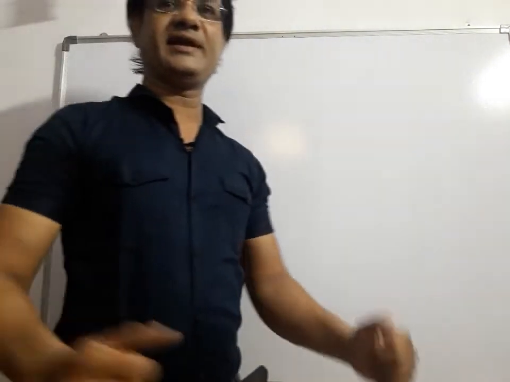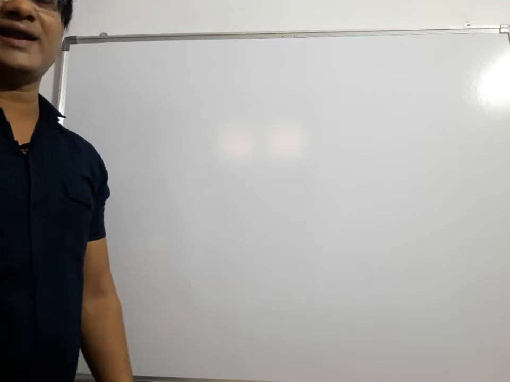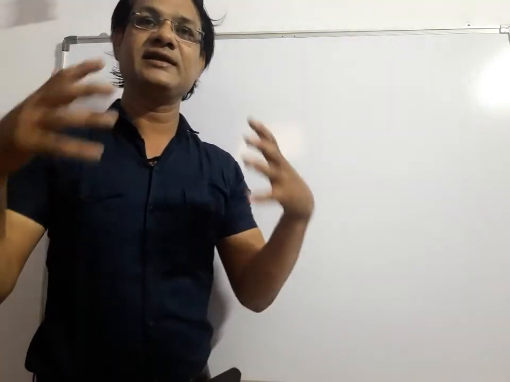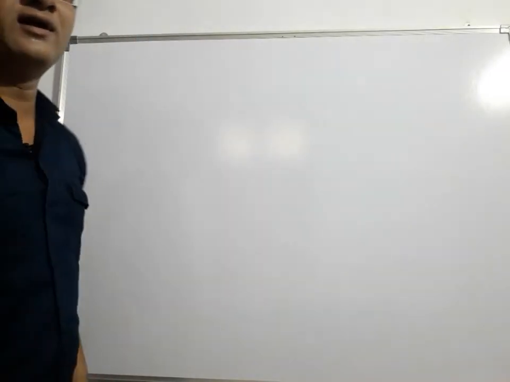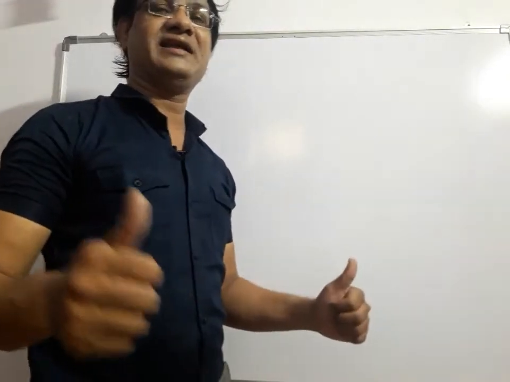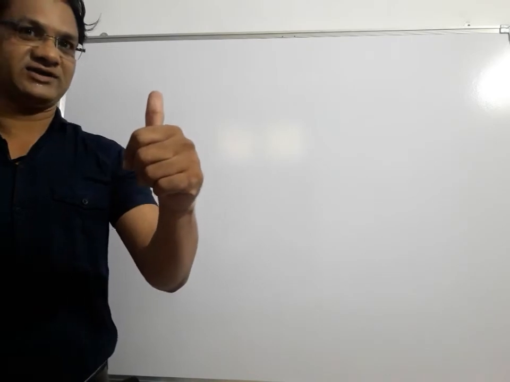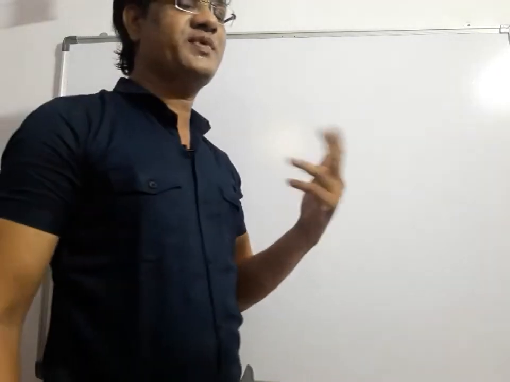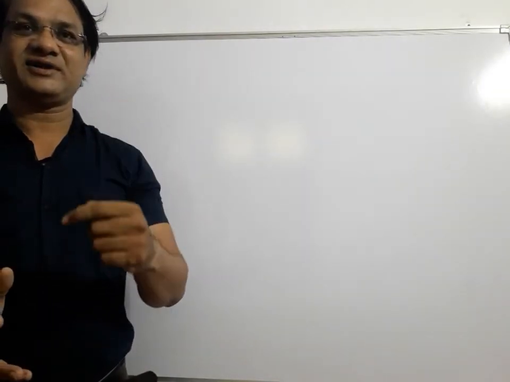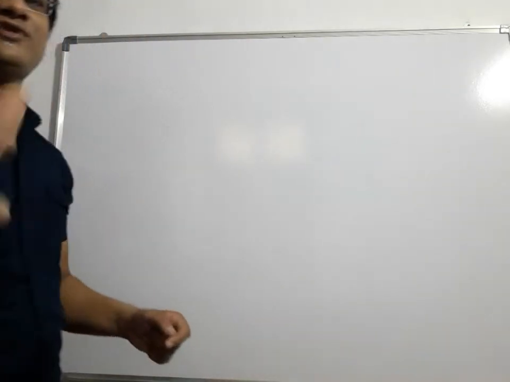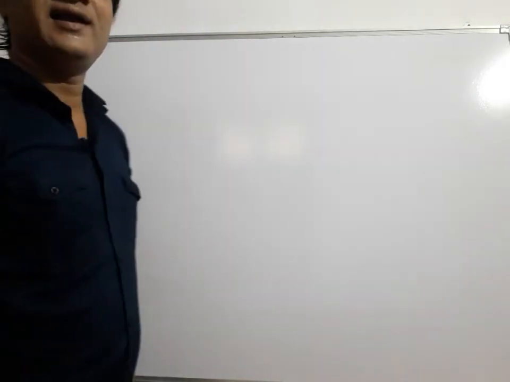So, in the last period, we were discussing how to balance a chemical equation. In that lecture, we discussed a very basic or traditional way to balance a chemical equation. Now, today, what are we going to do? We are going to learn a trick by which we can easily balance a chemical equation. In these two periods, we are going to learn two different tricks to balance a chemical equation. Now, we'll start our first trick.